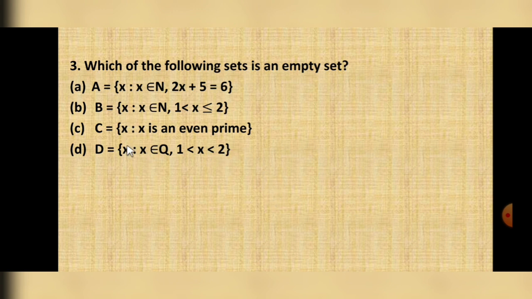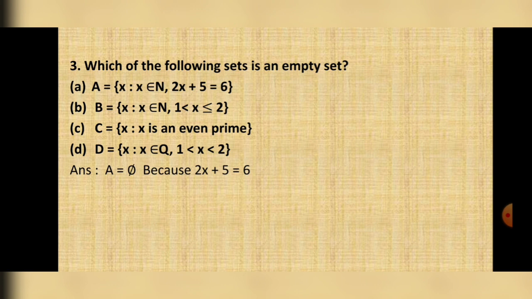Now there are 4 options given in set builder form. Now we have to find out which set is an empty set. So students, first start with the first set. Here A equal